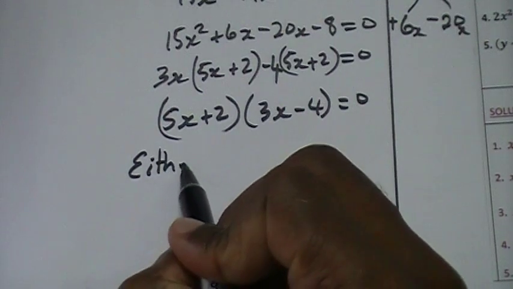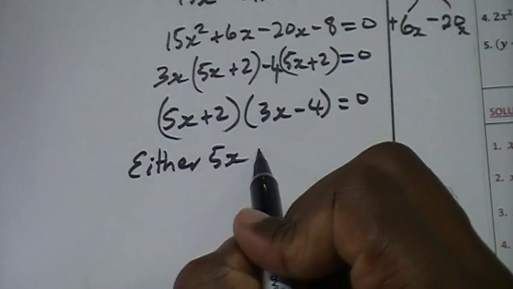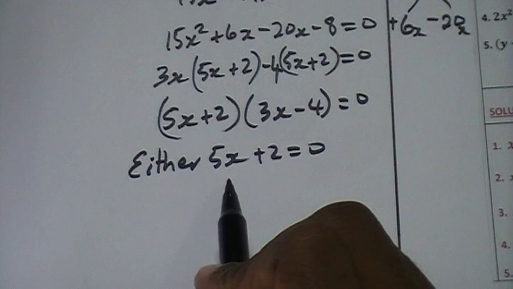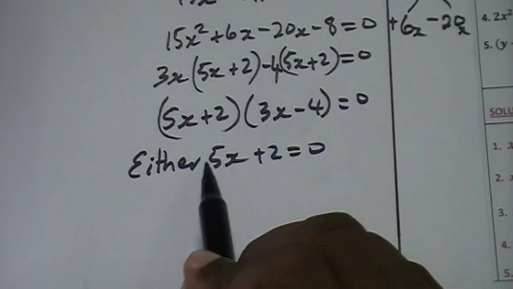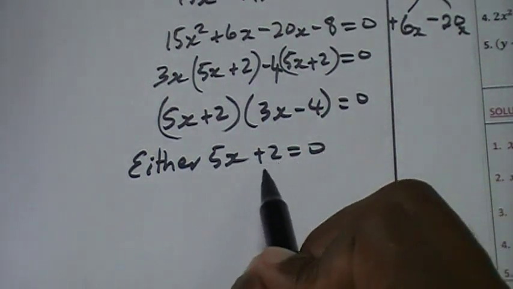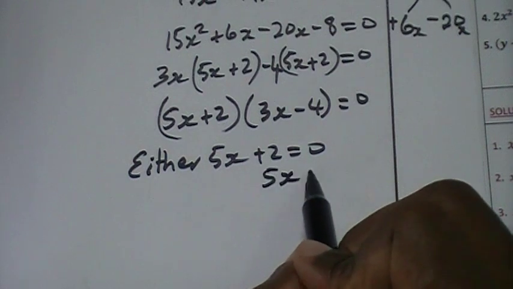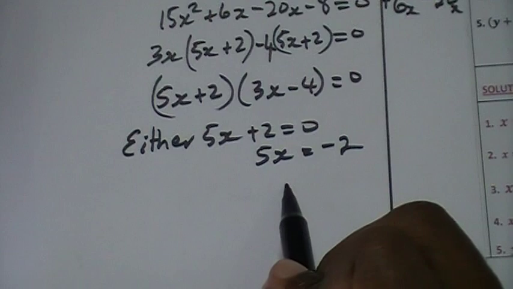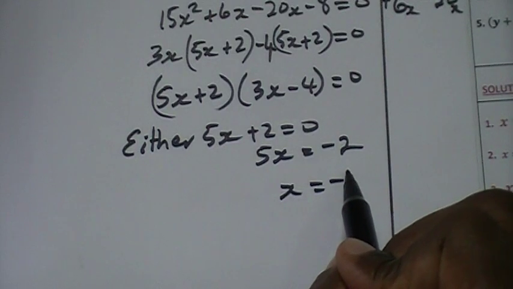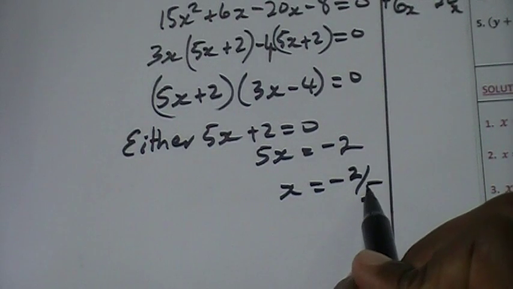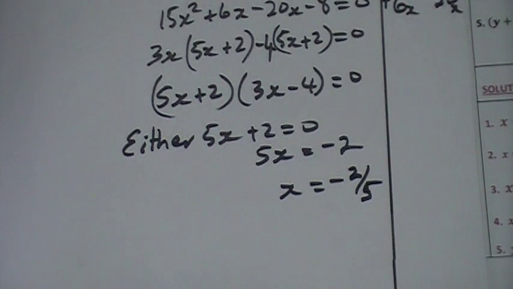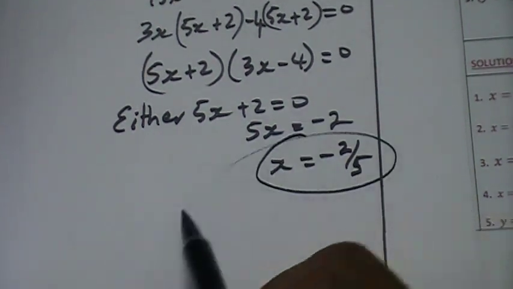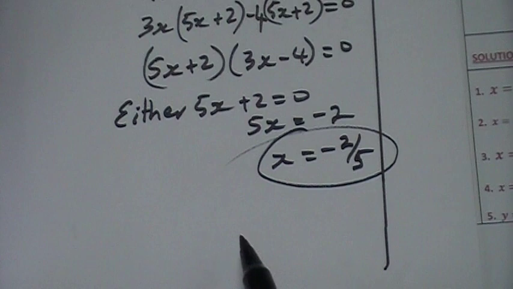So we write either... Now it's a linear equation, so we can solve for x. Subtracting 2 from both sides. Dividing both sides by 5. So that's the first solution. Or